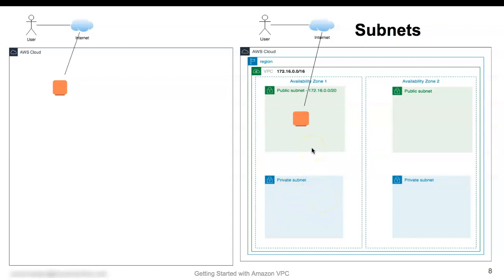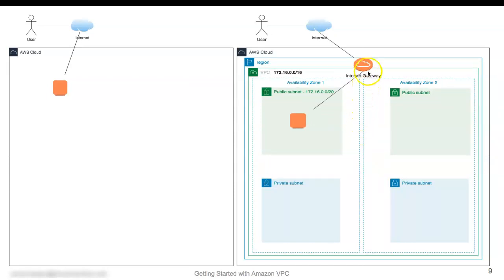And subnet resides in specific AZ, whereas VPC is a regional component. So ensure you understand this, that public subnet or private subnet or any subnet cannot span across AZs. And these AZs are connected via high-speed fiber network. So in case your instances want to talk to each other over various subnets, then that is also possible.